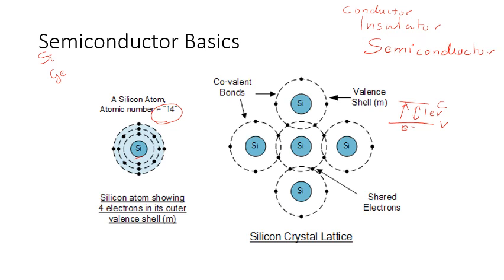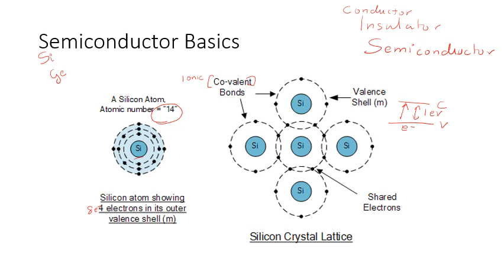If the silicon atom has to be stable, it will need 8 electrons in the outermost orbit. For it to get 8 electrons in the outermost orbit, if you remember the type of bonds that you studied in chemistry, there were two types of bonds that you studied. One type of bond was the ionic bond, and the second type of bond was a covalent bond. What I have shown you here on this slide is a covalent bond, that is, 4 valence electrons of each silicon atom will combine with the electrons of other silicon atoms so as to form a proper stable atom, and in its outermost orbit it will have 8 electrons.